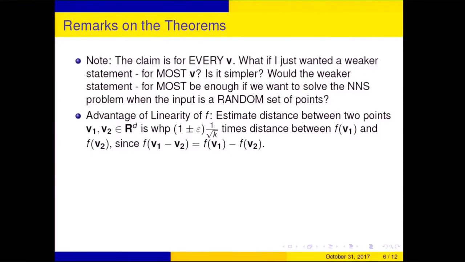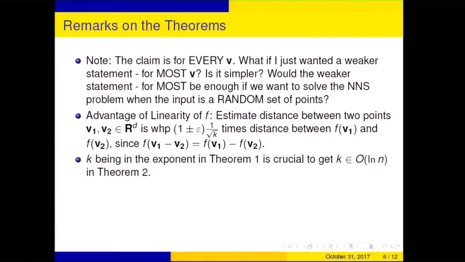is some fixed factor, 1 over root k, times the distance between their projections, right? And that's because the projection of the difference is just the difference of the projection. It's linear. So I could have just projected the points and looked at the distance, right? You need linearity for that, otherwise it wouldn't be true. Okay. K being in the exponent of the theorem is crucial, so you get logs because k is in the